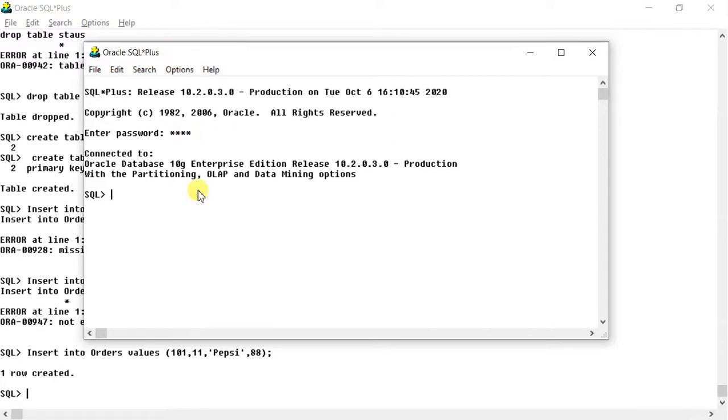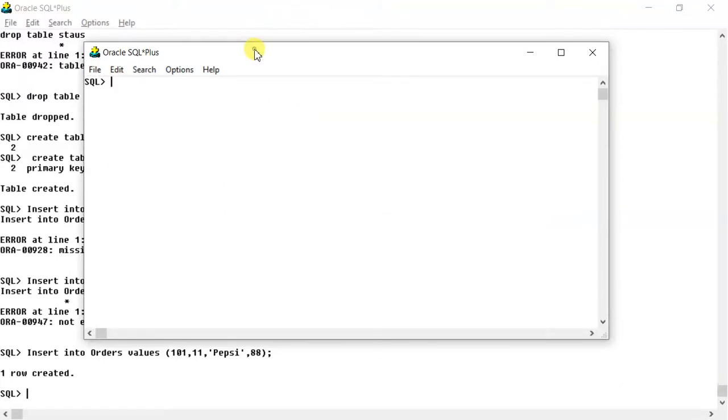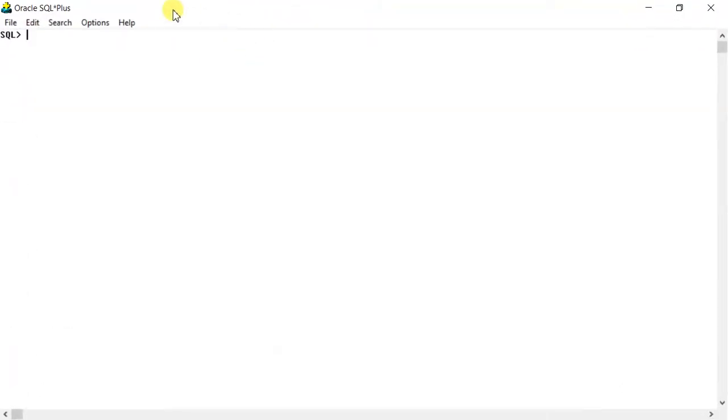Okay, so let us connect with some different user, so that these two tables are not mixed. Now let us assume there is a situation where a customer has placed a number of orders, and in one order there can be many items. As you know, in your single bill there can be many items.